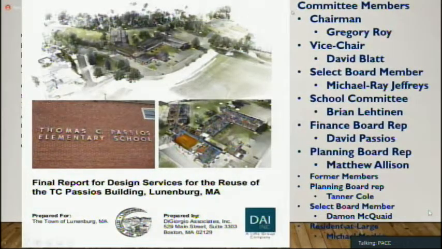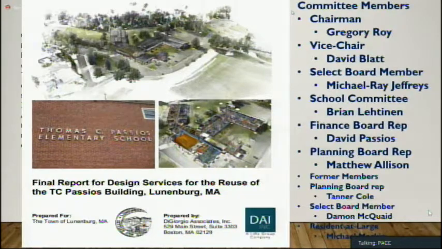So there is a lot of information located in the. So on this slide, I'll take the opportunity to just give a quick history of what happened. This committee was formed in the fall of 2019 to come up with a cost estimate and design development documents for the renovation of the TCP building for the uses I just referenced. That work culminated in the preparation of a final report which summarized all of those efforts, all of the studies that were put into the building,